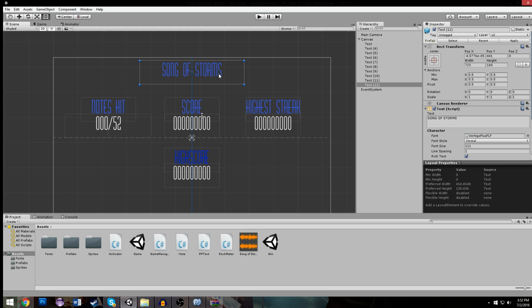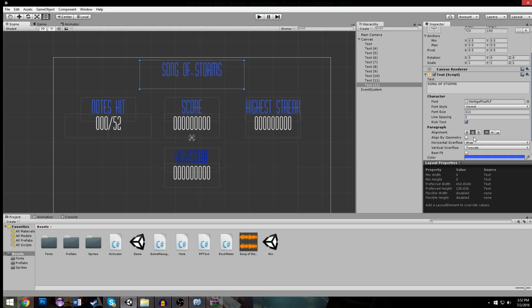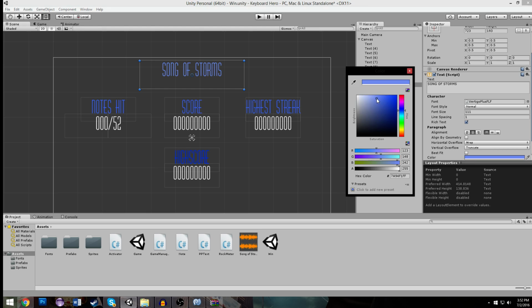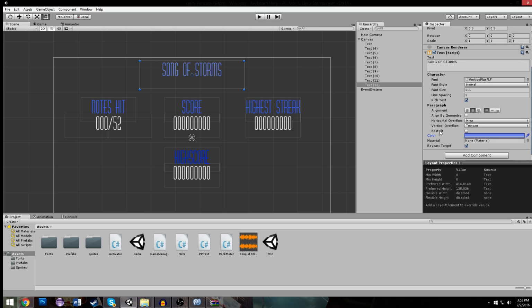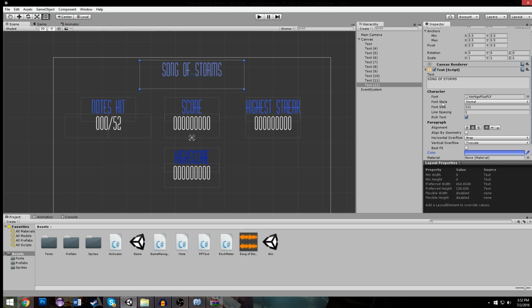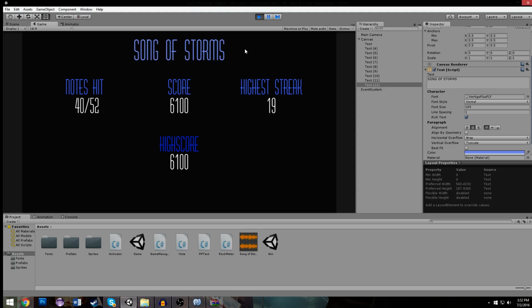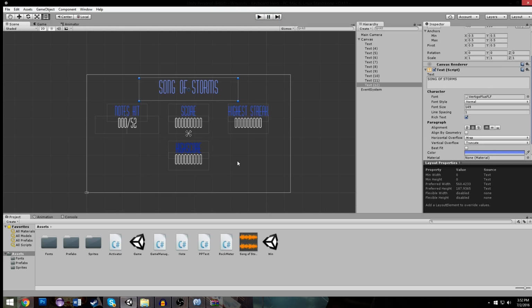Song of Storms. We'll make it a different color blue, maybe a brighter color. And then we'll raise our font size up. Center that out good. There we go, Song of Storms. That's our progress report. We have our high score, our score, highest streak, our notes hit, and now we can